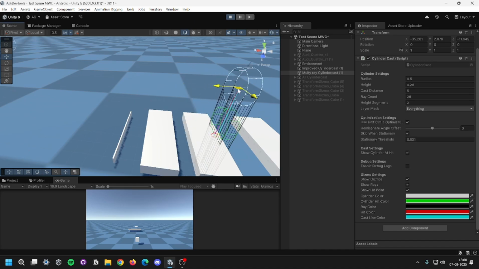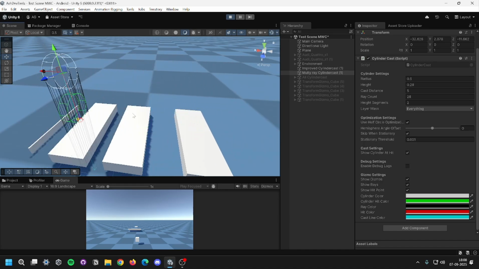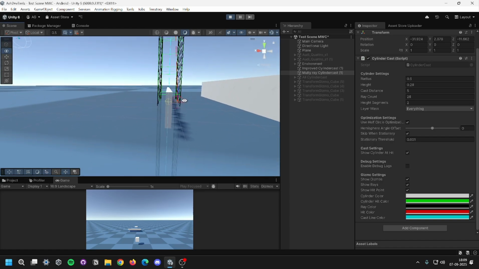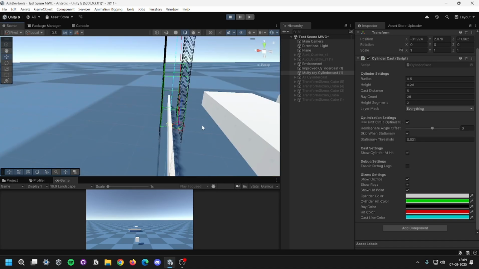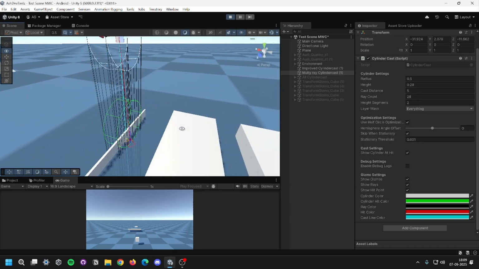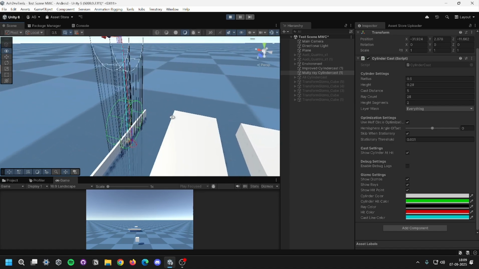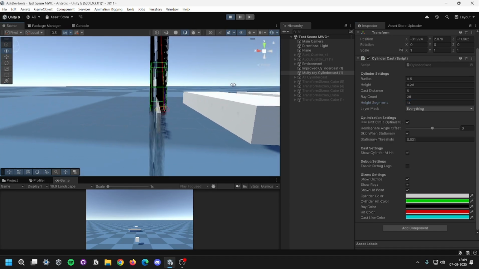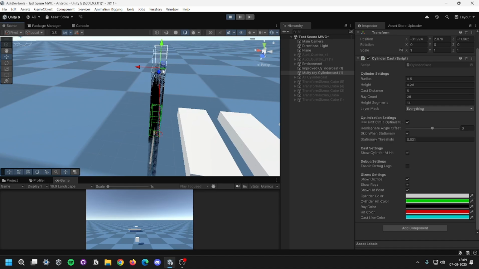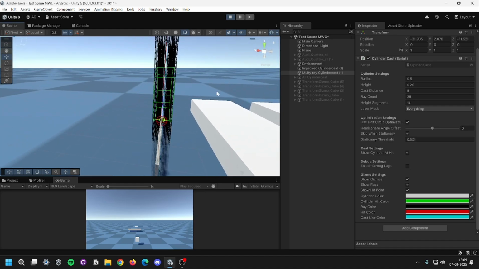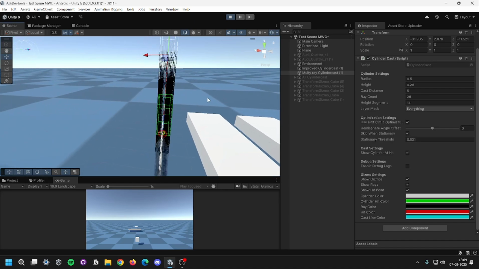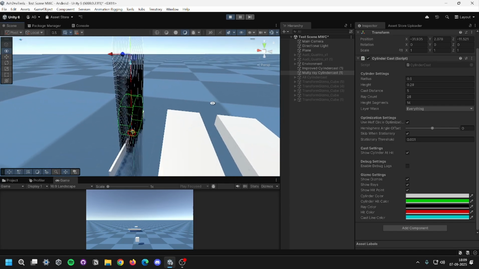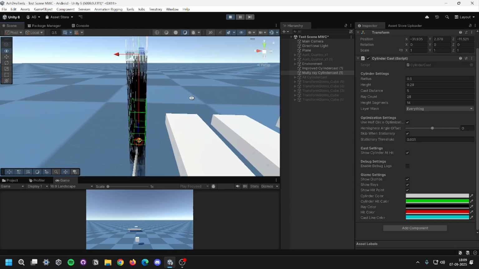Most cases it will work fine, but let's say there are very small size objects. As you can see, it does not properly place it on this. We can solve this problem by increasing the ray counts in the middle as well. Let me just increase the height segments, which will eventually increase the amount of rays in between as well. It's still not perfect, but in most cases it will work, but this adds a lot of raycasts, so it will be heavy on the performance.